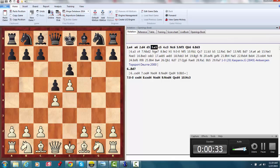So now, what happens is Black tries to attack the base of the pawn chain. And this opening kind of teaches you about pawn chains and attacking the base. So there's a lesson for positional chess as well in this. Then you protect it with c3, and now you have a long pawn chain. Black could try to attack this pawn on b2 because that's now the base of it, but it's more difficult